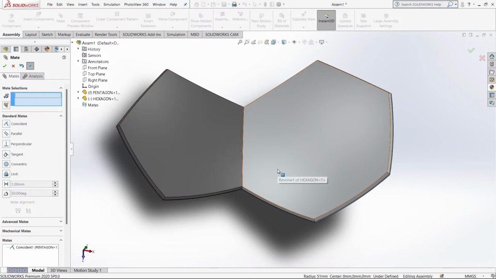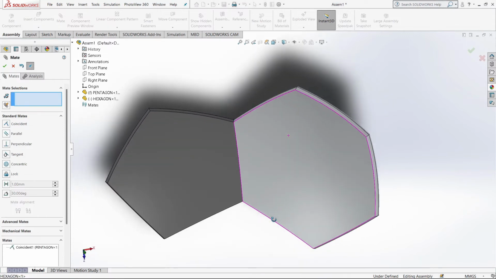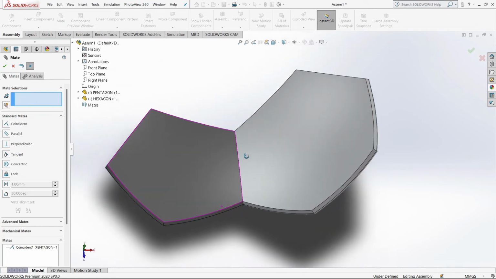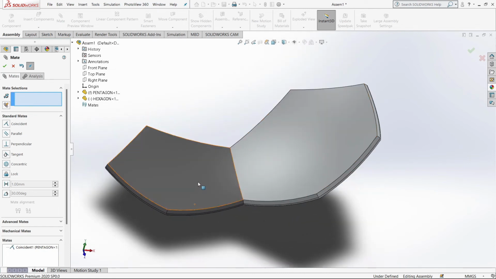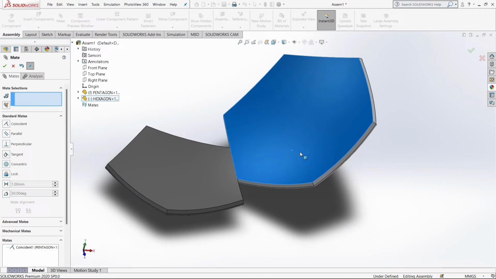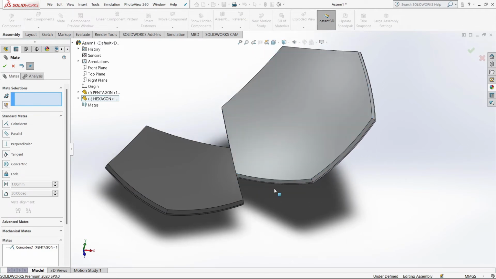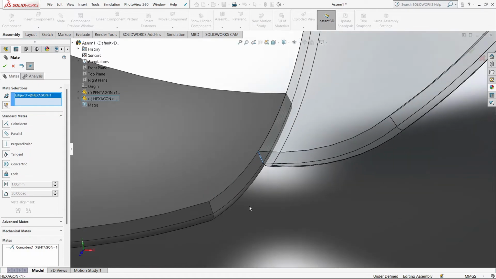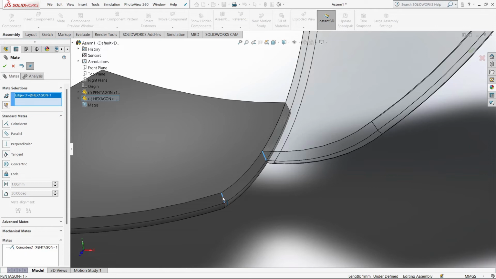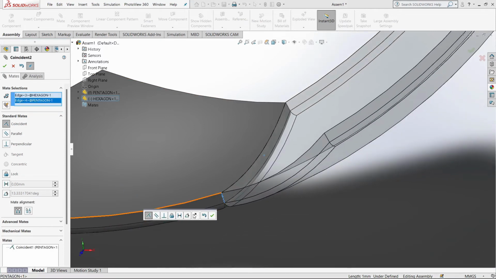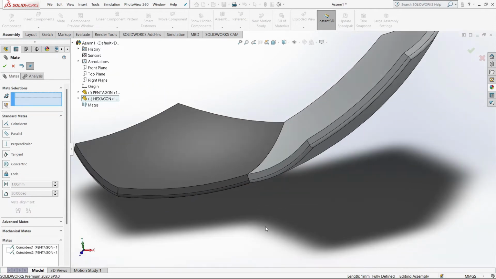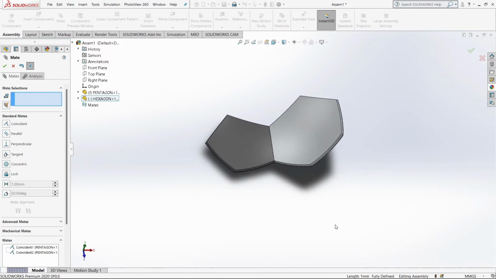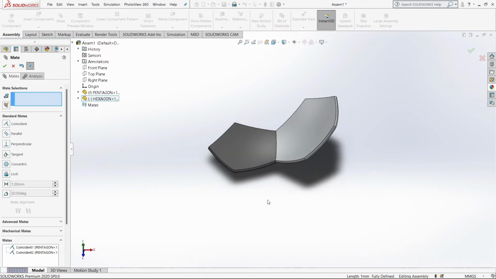Done. But still it is moving. So what we're gonna do is again mate this one with this edge. Okay. Understood? Now what we're gonna do is